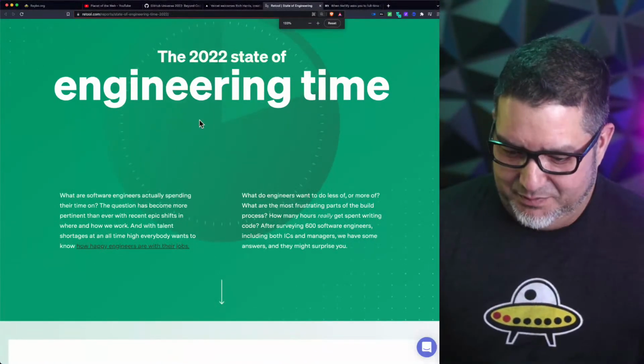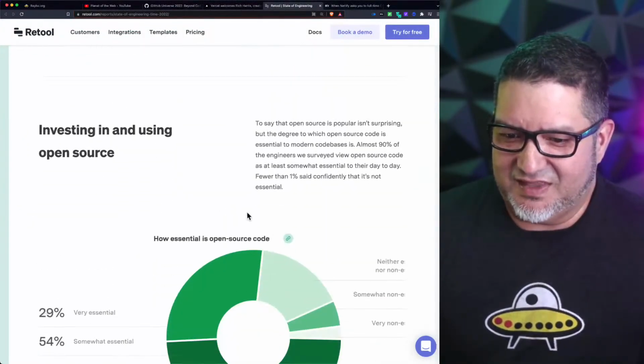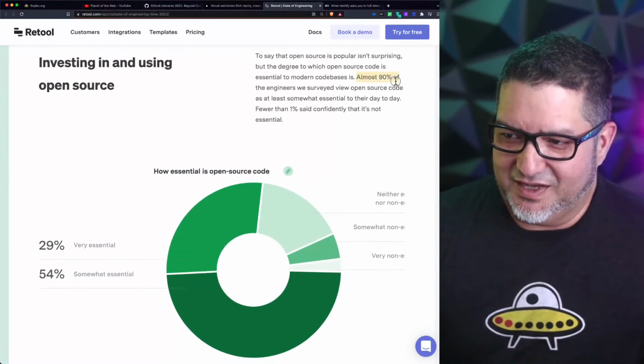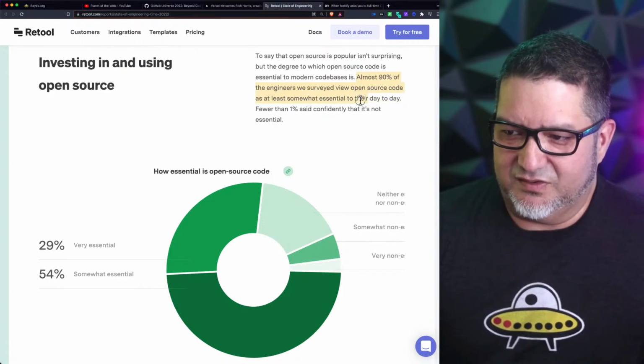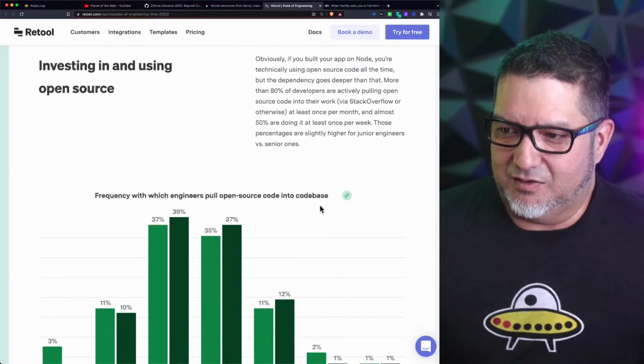So let me make this a little bit bigger. If you look at the report, basically it says that everybody is using open source code. Almost 90% of the engineers view open source code as somewhat essential to their day to day. If you look at some of the questions around usage,